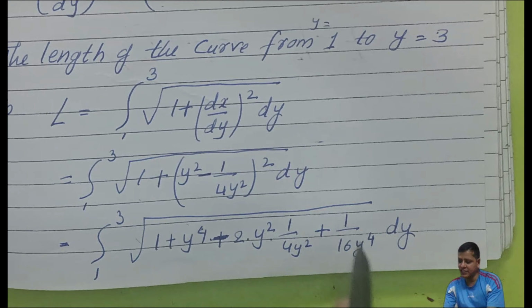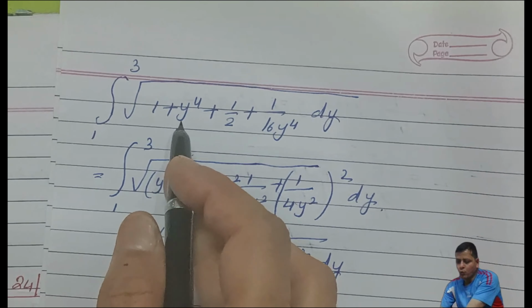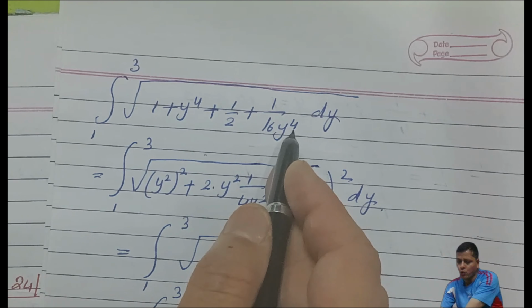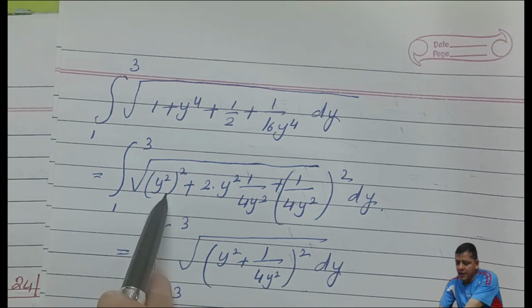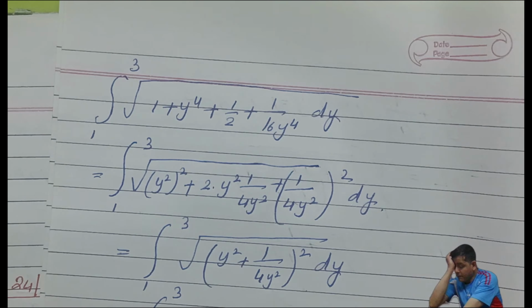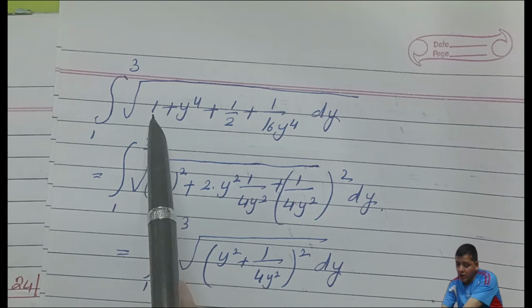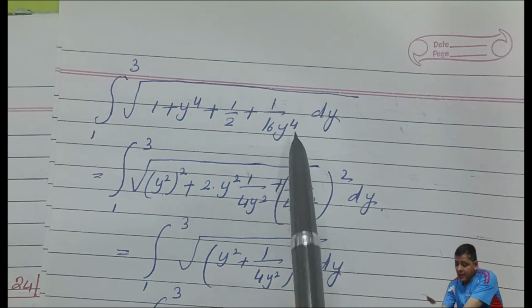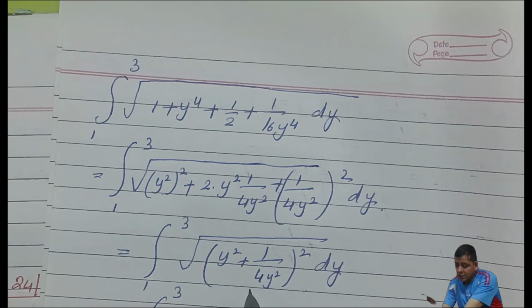When you do that, here it got subtracted, and then finally you got the result to be this. So you got 1 plus y4 plus half plus 1 by 16 y4 dy. And then you went one more step down and tried to make this a square. You started making this simplified form, and then you made it in the form of a plus b whole square format. When you did that, you added these two things. You can just check it out here. You added these things, and simplified them, and then you got this. Okay, and this is nothing but a whole square.